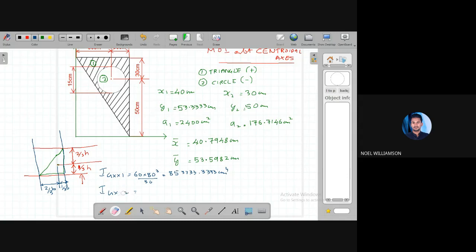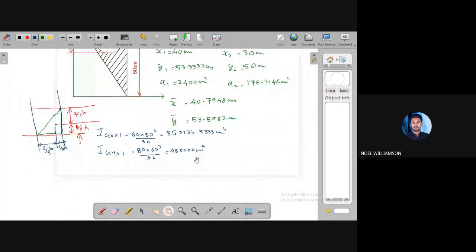IGYY1, Y1 is... that is... now IGXX2 and